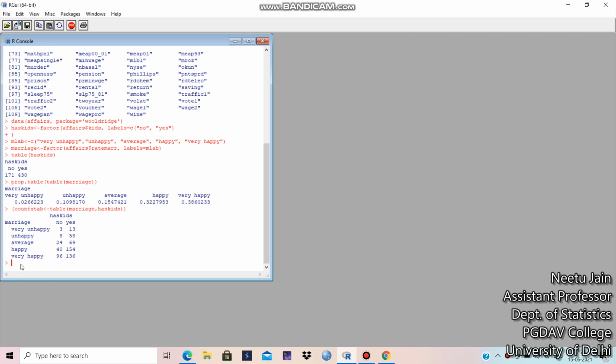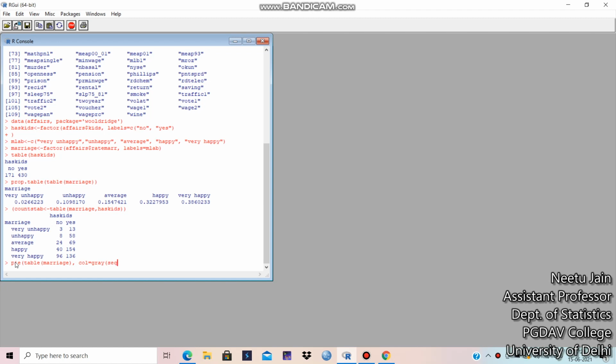Now we can see the pie diagram also. Let's construct the pie diagram of marriage. I am giving different colors also. Color is equal to gray.